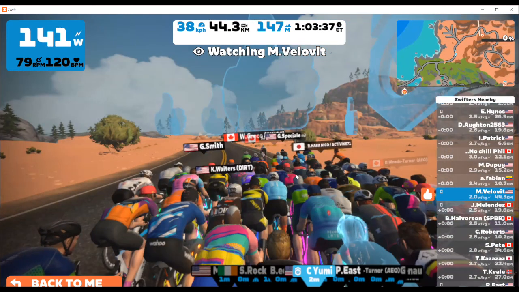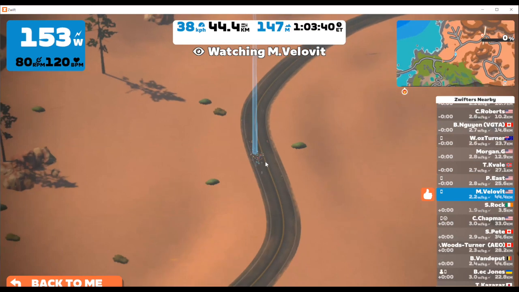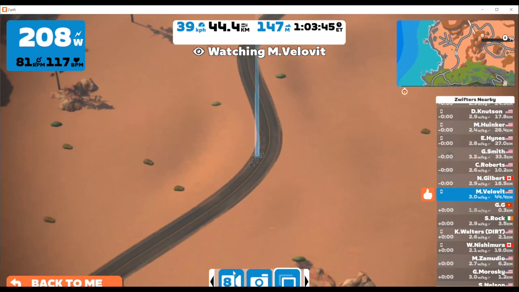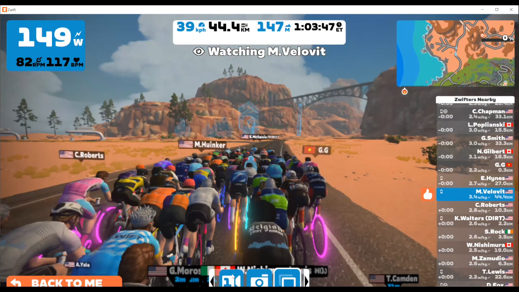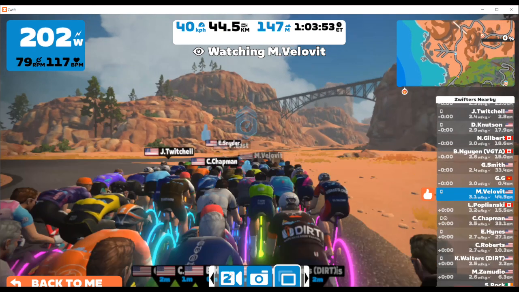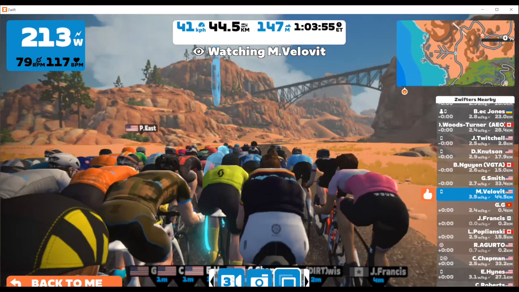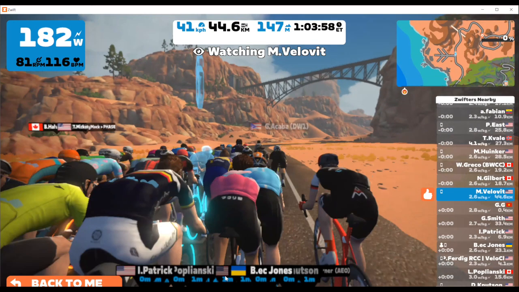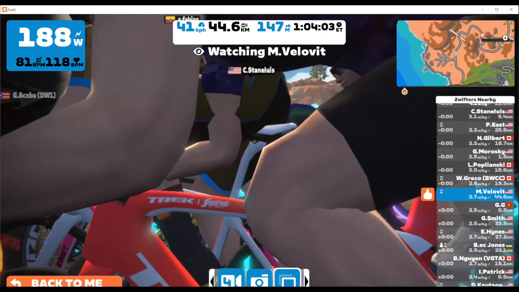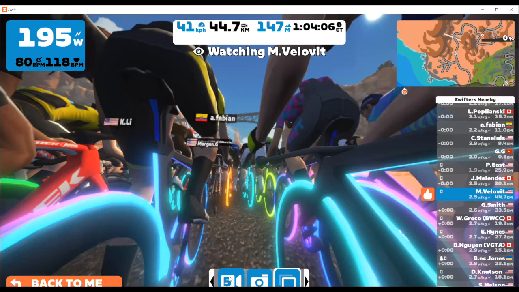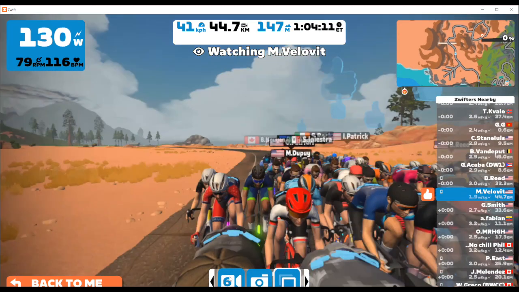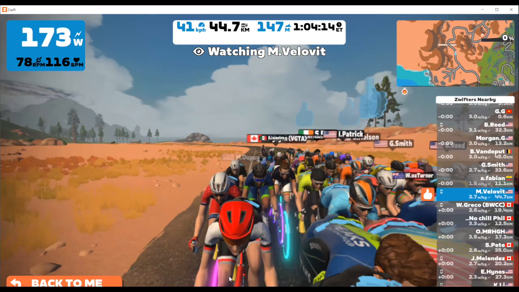So as you're looking here, you can see the whole Peloton. I'm going to click on the screen so you can see, as you see at the bottom here, you can change the view for how you're looking at it when you're riding along. So I've changed it to where I'm a second person. I can also get lower to where I'm riding in the pack. I can also change it to where I get a side view. And again, depending on where you want to be, you can look at it as if you were coming from down low and from the back, or you can look at it for riders coming at you as well.